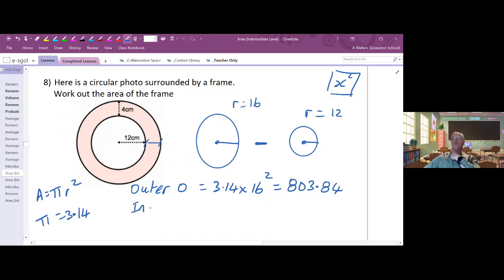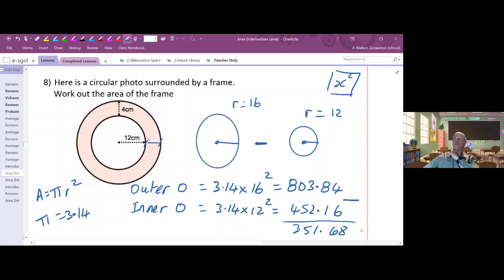The inner circle. Same formula, pi r squared, but on this occasion the radius is 12. And I've gone and worked that out, and it's 452.16. So as I've shown in this strategy or method above, it's the outer circle, take away, so make sure you've got a big take away sign there, otherwise you're not showing the examiner your method. One value, take away the other value. You're allowed a calculator, so just tap it out on a calculator. 351.68,